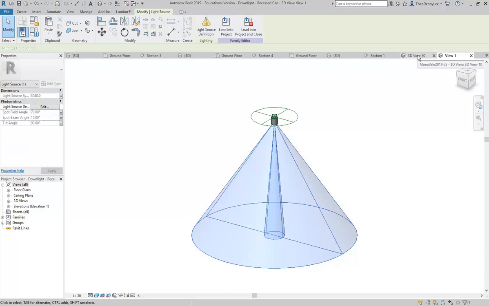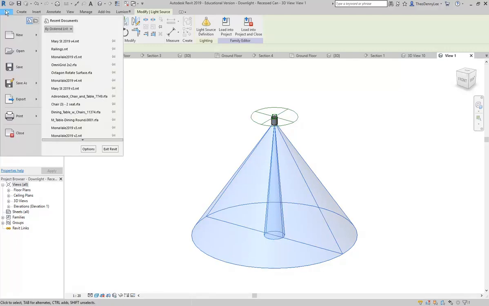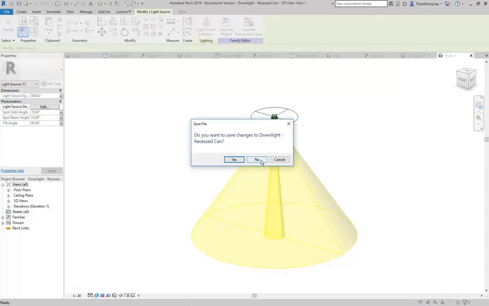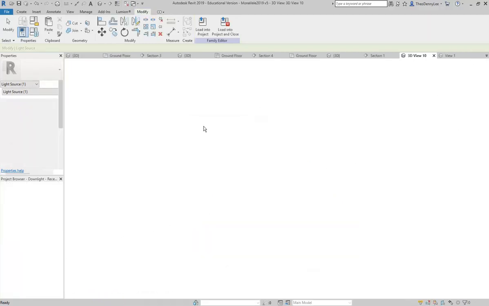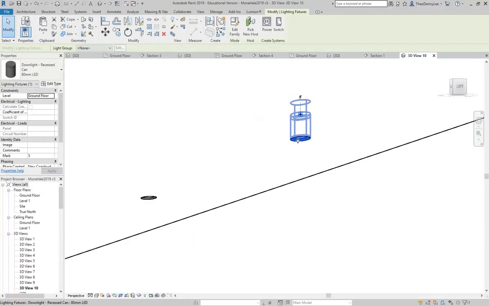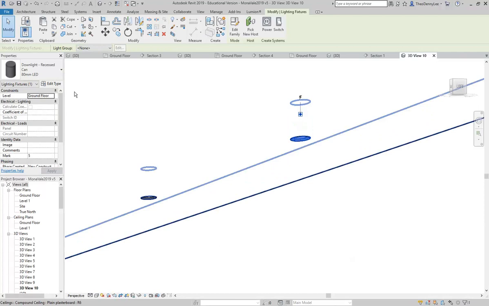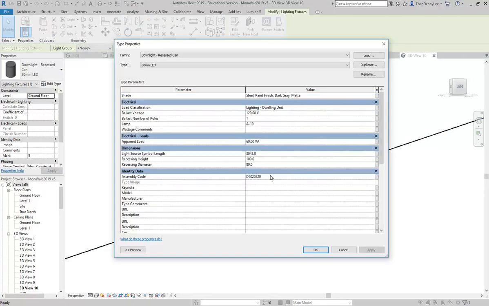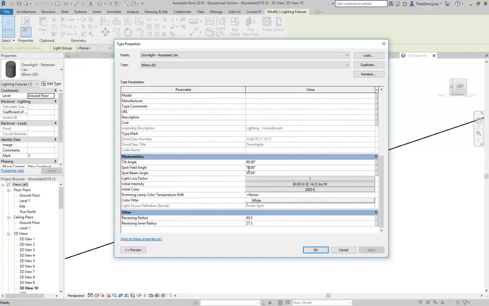So if I go back, now there's no point changing in the family, by the way, right, because the setting needs to be done in the project. So I'm just going to go to the File menu and Close, and then say no, I don't want to save any changes in this file, because the file is just with the light. So again, in the project file, now I can go to Edit Type, and I'll bring the beam